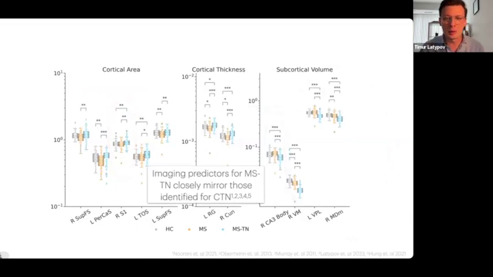Overall observations in here are also very interesting because many of those predictors, 13 out of 17, in fact, were previously found in our first study that compared classical TN and healthy controls, which suggests that perhaps the mechanisms of the pain development in these conditions are fairly similar, and the brain structural changes play an important role in the pathogenesis of chronic pain.